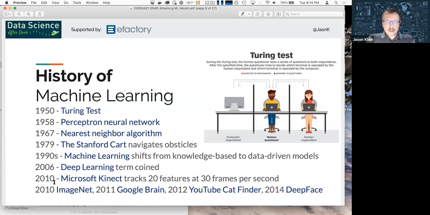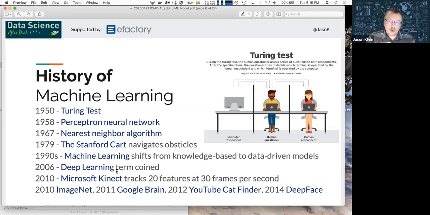Fast forward another 10 years, sort of your first autonomous vehicle, the Stanford University cart, is able to navigate obstacles on its own. Another 10 years or so, machine learning takes a different direction. Up until then, when they'd been building computer programs that could play chess or play checkers or anything along those lines, they were considered knowledge-based programs.